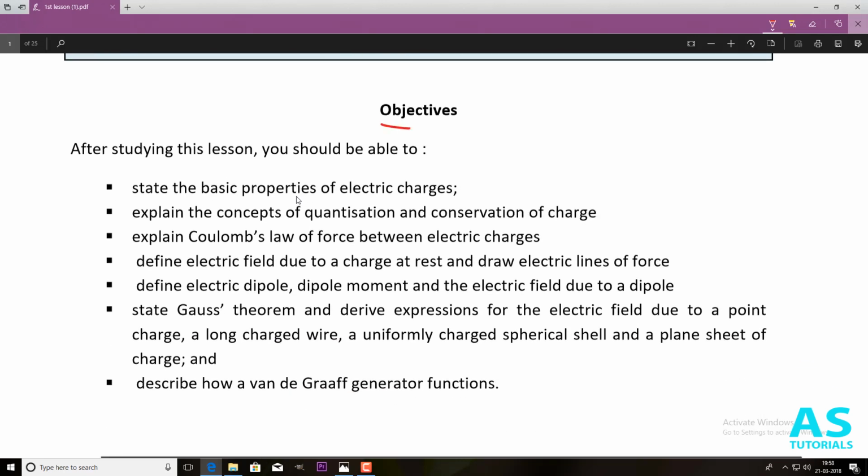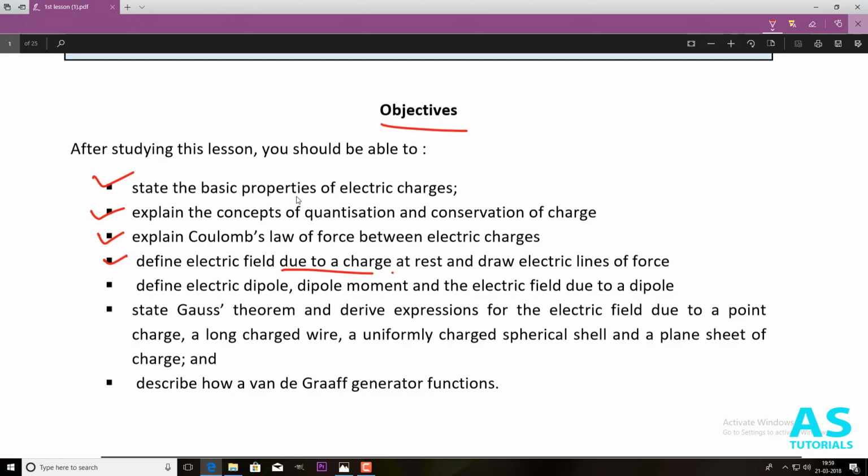Objectives. After studying this lesson, you should be able to state the basic properties of electric charges. You should be able to explain the concepts of quantization and conservation of charge. You also should be able to explain Coulomb's law of force between electric charges, and define electric field due to a charge at rest and draw the electric